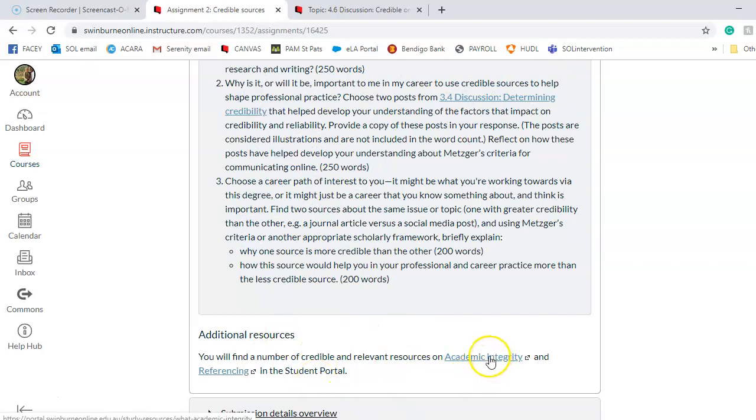Down here is additional resources on academic integrity, on referencing. These are all important for this assessment. We want you to practice your referencing. You'll get feedback on it, which will help you in your next assessments and in your next unit. So it's really important that you do that as well. Academic integrity is obviously source citing and referencing the sources that you use. So someone else's work that you're actually citing yourself.